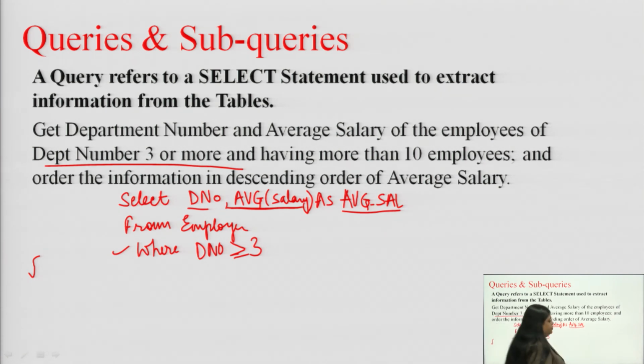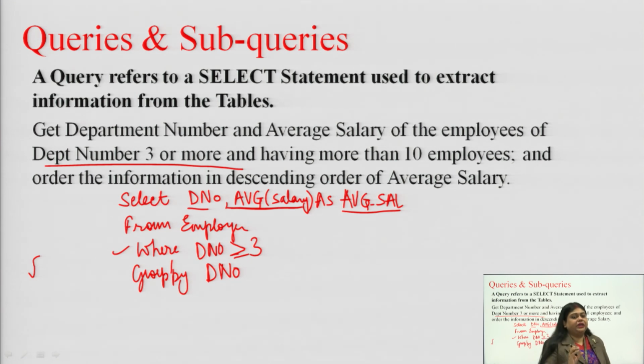Now, because we have to find that the number of employees in that particular department should be more than 10, first we have to group all the employees department wise. Before counting how many employees we have in a particular department, we have to group them by their department numbers. So we will write GROUP BY, which also comes in capitals. We group by department number, so all the employees in a particular department will be grouped in one place.